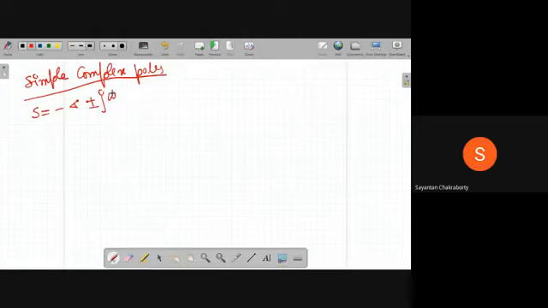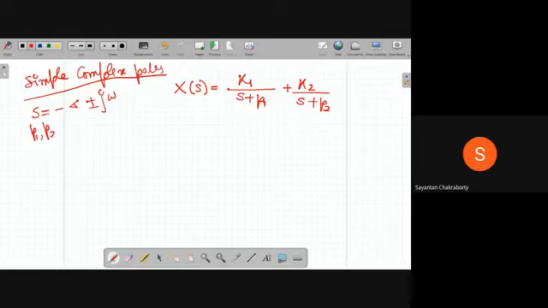So if we have your X(s) in the form, say, K1 over (s plus P1) plus K2 over (s plus P2), where P1 and P2 are minus sigma plus j omega and minus sigma minus j omega, then you can follow the simple rule and calculate your K1 as (s plus sigma